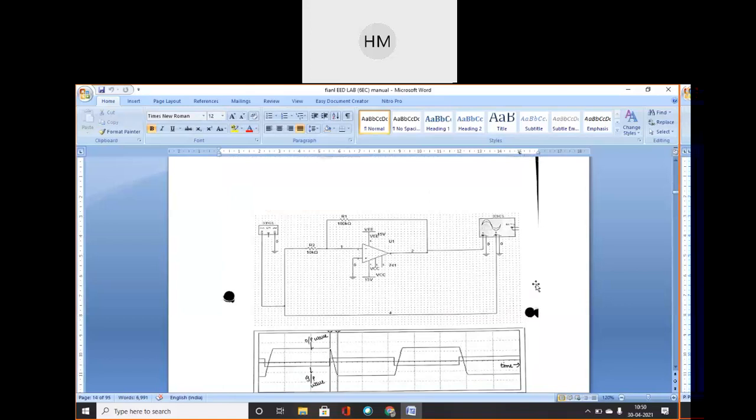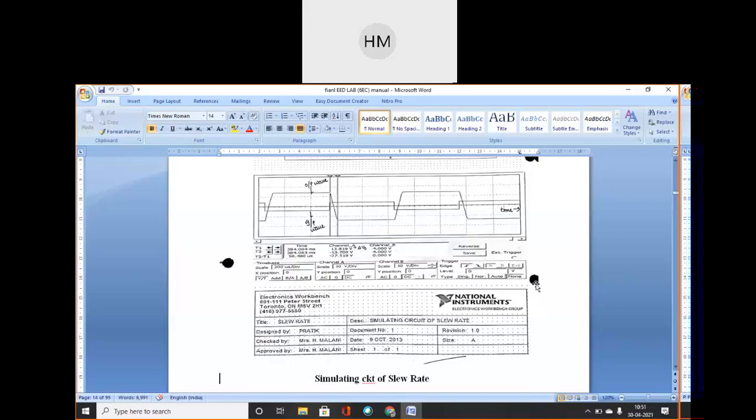Then we are discussing the slew rate. Slew rate is the rate of change of output voltage with respect to time, for which I have shown that we have to give a square wave as input. Continuously we will change the frequency of the input signal, and then we will get some triangular-shaped wave, not exactly triangular, but a distorted, ramp-kind of wave. From that we will measure dV0 and dt, which I have shown in this figure. And here in channel A, channel B, you can easily verify by marking with the cursor what dV0 and dt are.